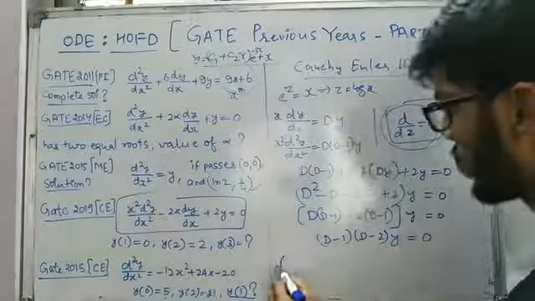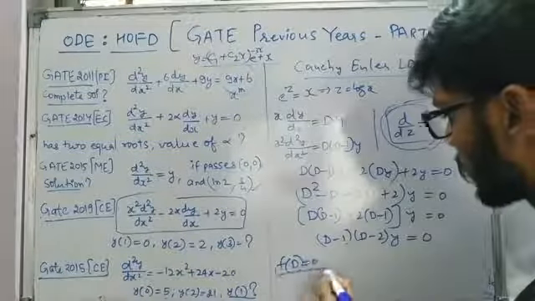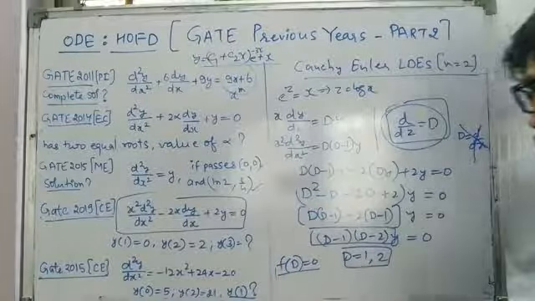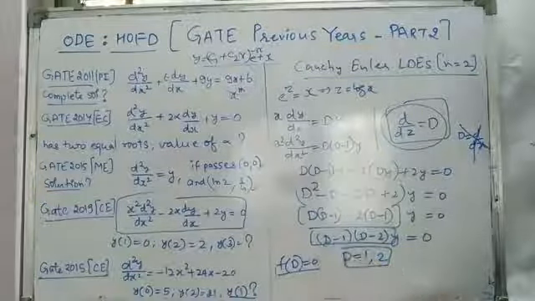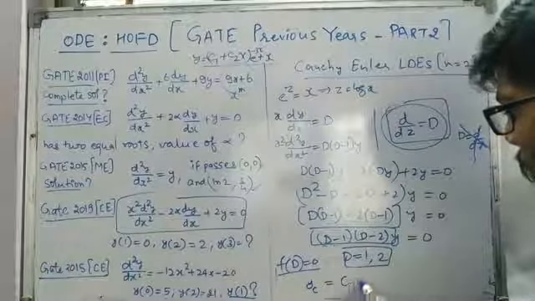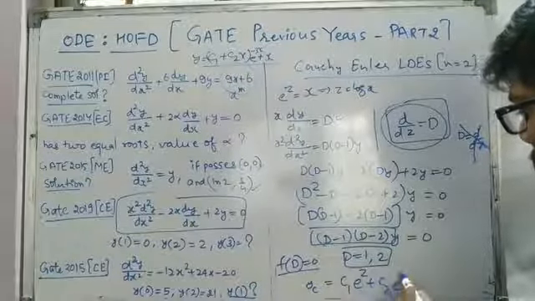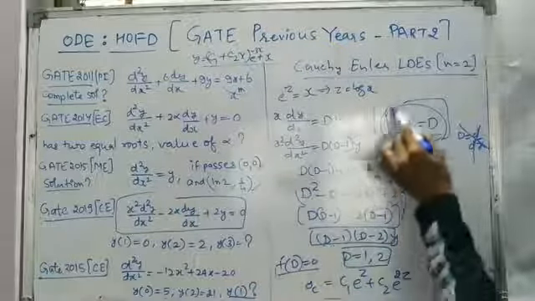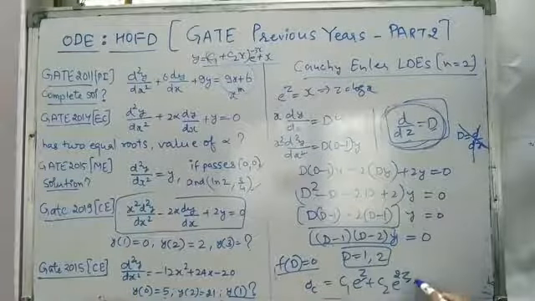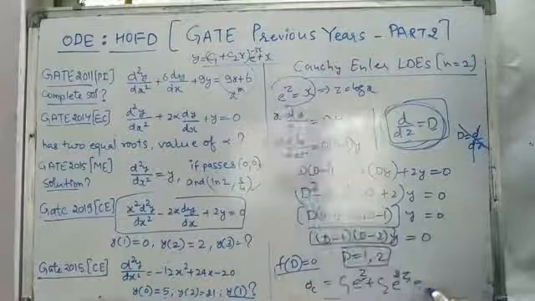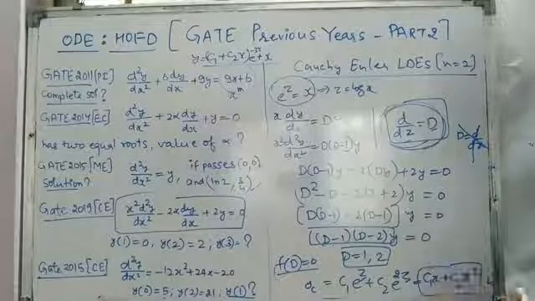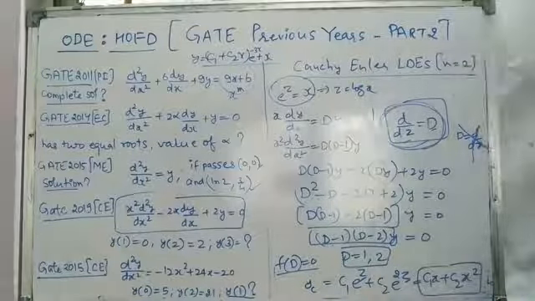So we have the auxiliary equation f of D is equal to 0, whose roots are D is equal to 1 and 2, because if we equate this particular term to 0, we have D is equal to 1 and D is equal to 2 as roots. So we have the complementary function as c1 e power z plus c2 e power 2z. That's why I was saying that you have to keep in mind D is nothing but d by dz. So you have to write terms of z over here and then substitute e power z as x back. So this will be c1 x plus c2 x square, and now make use of initial conditions to calculate the values of c1 and c2.